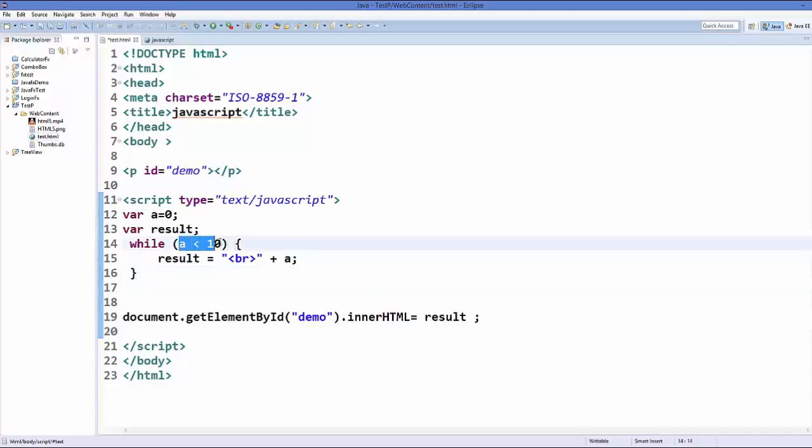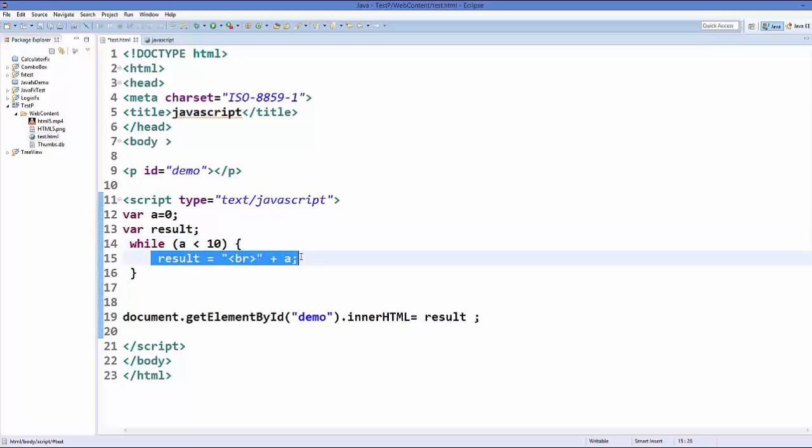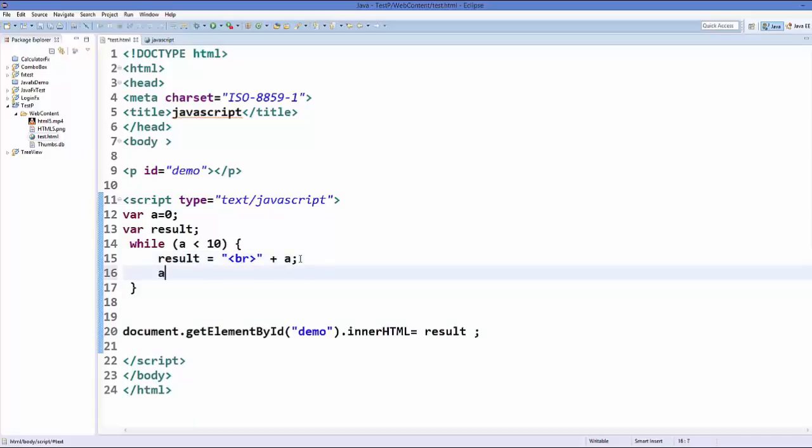Now here if you notice, this condition will never be fulfilled if we write this kind of code, right? This is an infinite condition because we are not increasing the value of a, so the value of a is constant, so our while loop will go on performing the code again and again infinitely, right? This kind of infinite loop is also useful in some conditions, but right now in our condition what we want to do here is, let's say we want to increase the value of a by 1